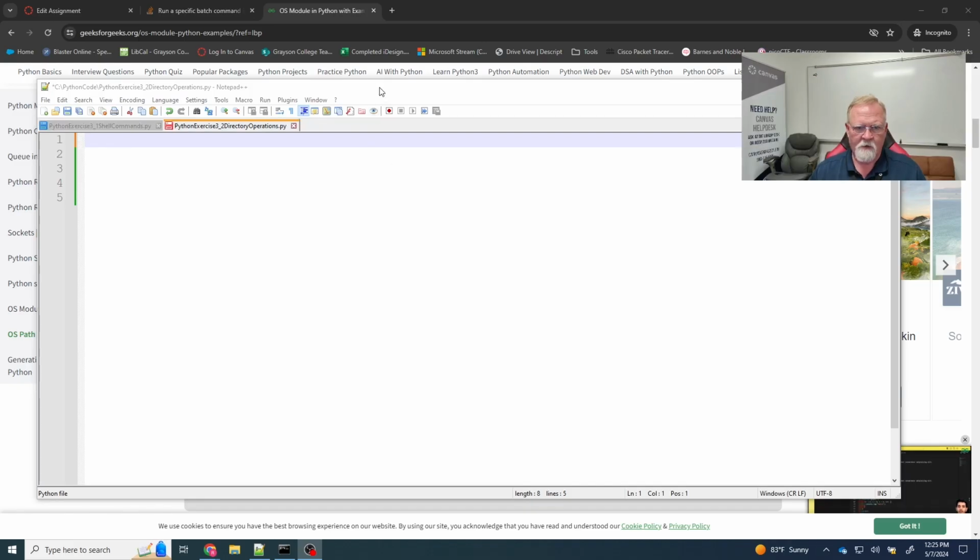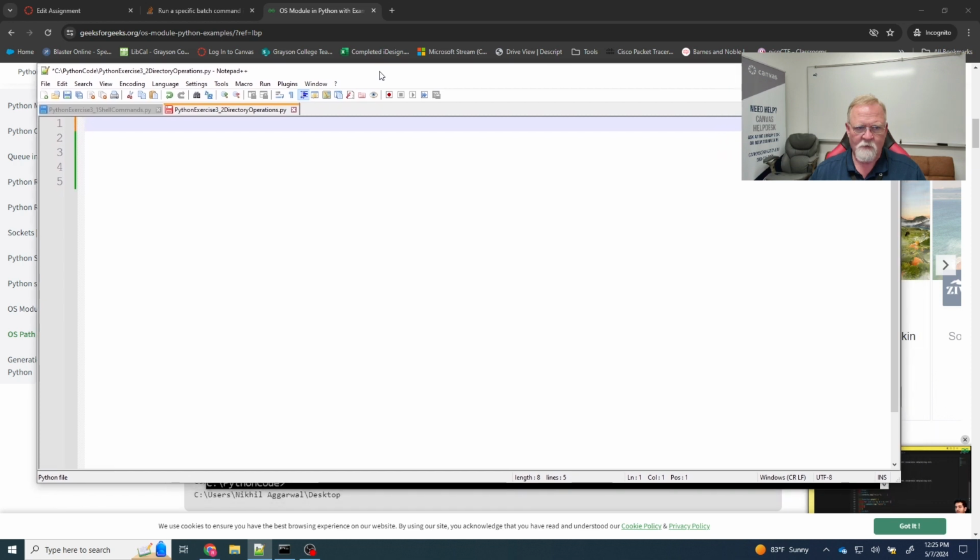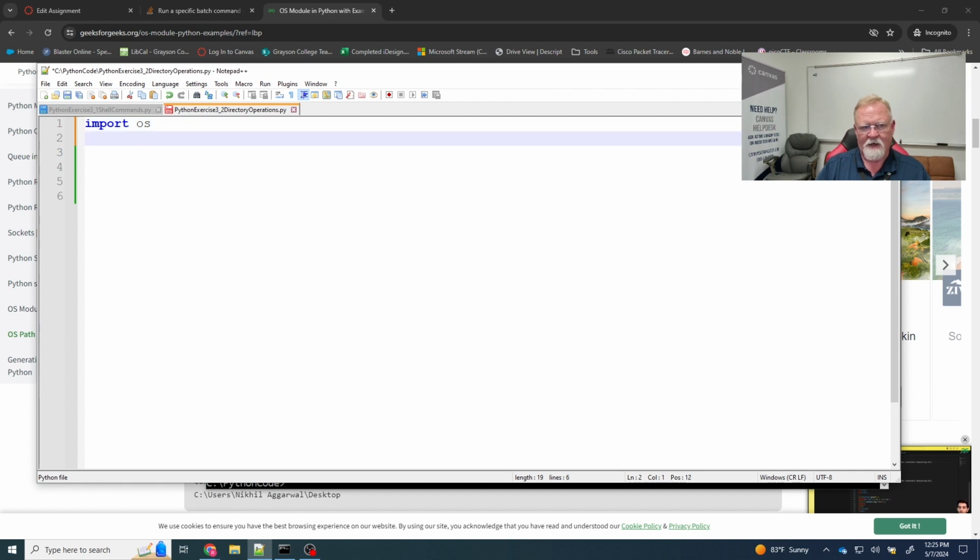Alright, so here we are back in Notepad++, and if you recall from the last lesson, we used the dir command. In fact, let's do that again, duplicate that just to refresh our memory. So we import the OS library. Once we have the library, we do os.system, and the parameter has to be a string. So if we run this,